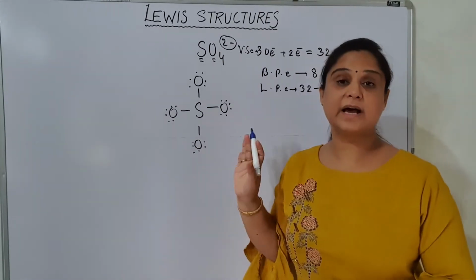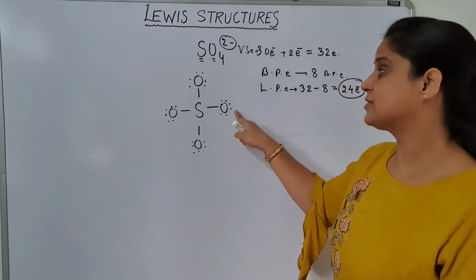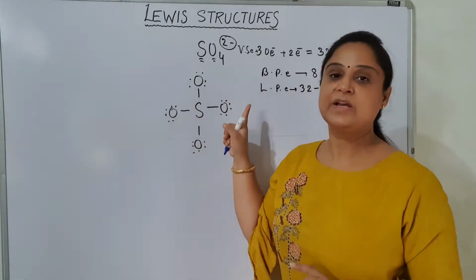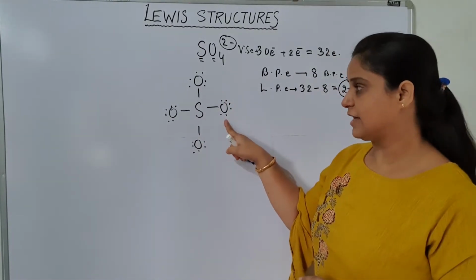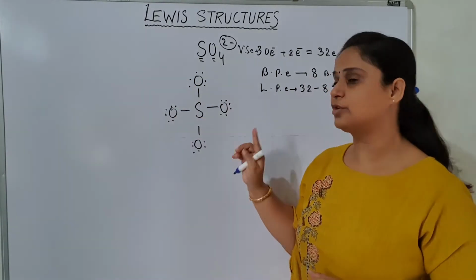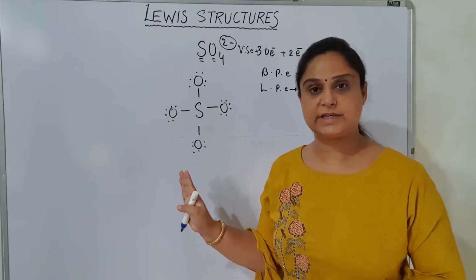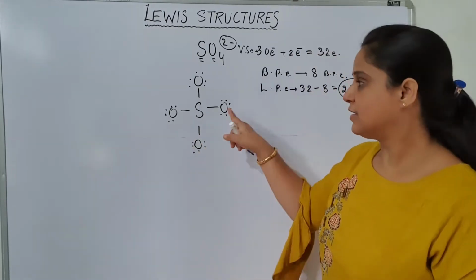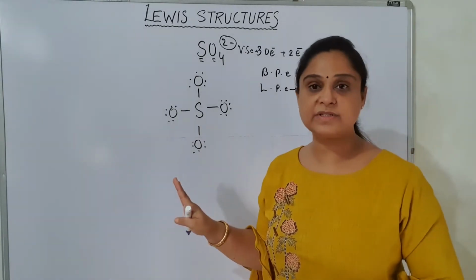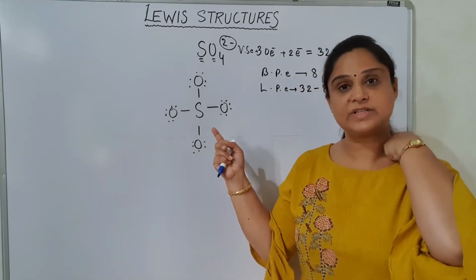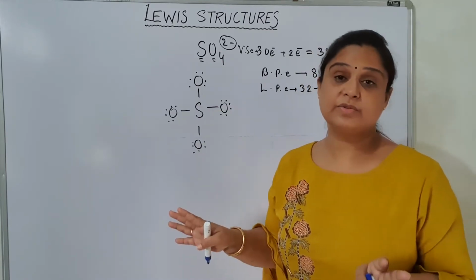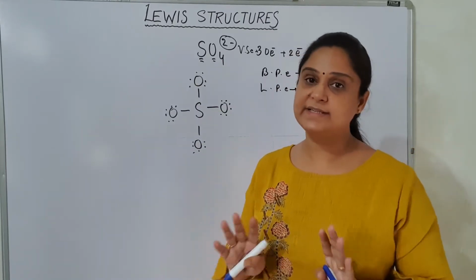All the oxygens are now satisfied because each makes one bond and 6 electrons are also existing there. So 6 electrons plus 1 plus 1, that is 8 electrons are present in the outermost shell of each oxygen atom. Now look at the sulfur. Sulfur has 1, 2, 3, 4, 5, 6, 7, 8. It is also sharing 4 electrons, one from the oxygen side and one from the sulfur side. So this is also satisfied. So according to us, this structure should be very satisfactory.